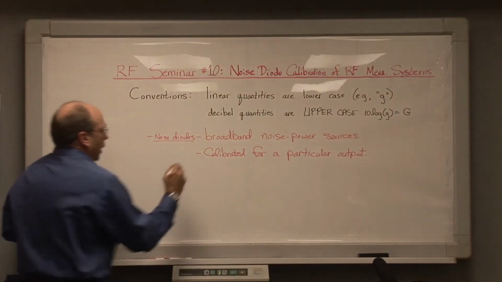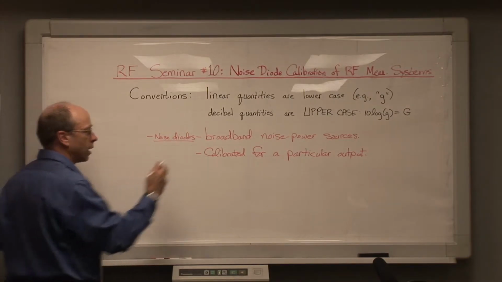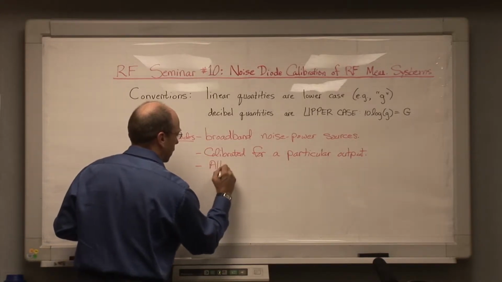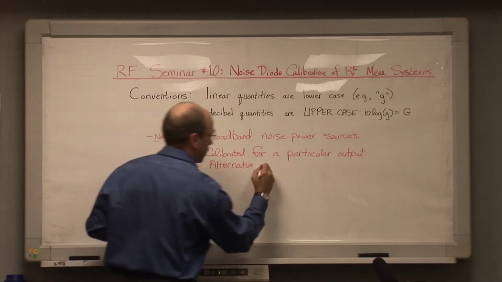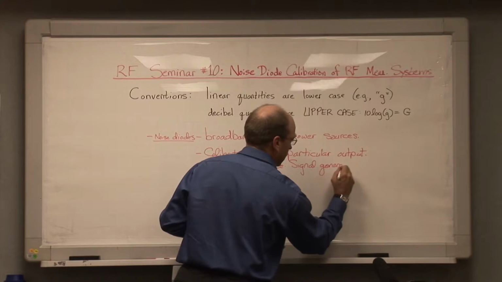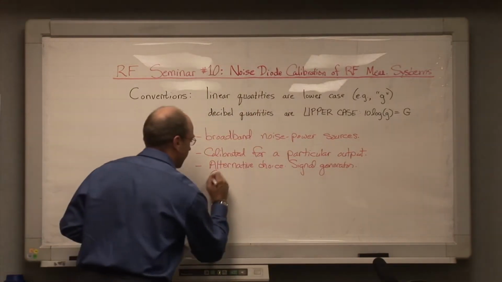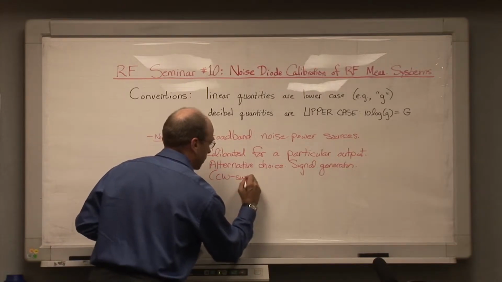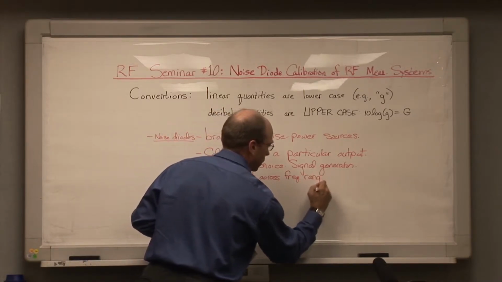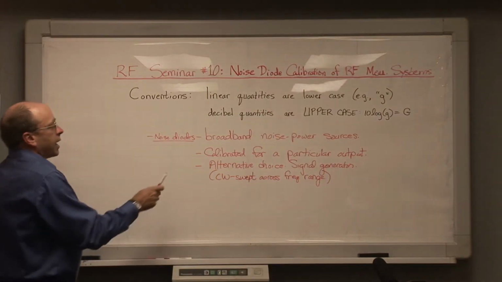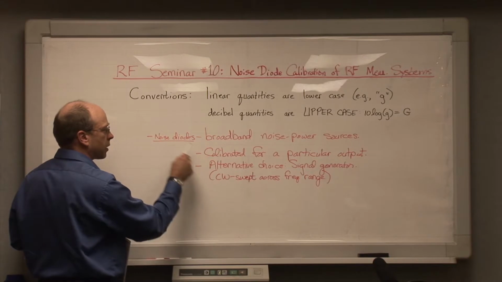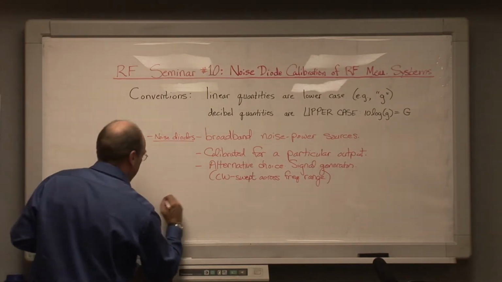In order to be useful, if you're not going to use a noise diode to calibrate a system for gain and for noise figure, a typical alternative choice would be a signal generator. In which you would have a carrier wave that would be generated, and the carrier wave would probably be swept across some frequency range of interest of some sort. Now, the trade-off between using some sort of carrier wave swept source, which is a signal generator, as opposed to using a noise diode is that, relatively speaking, noise diodes